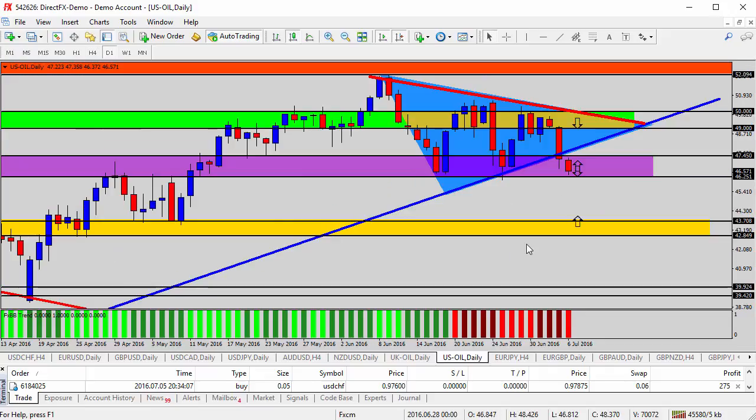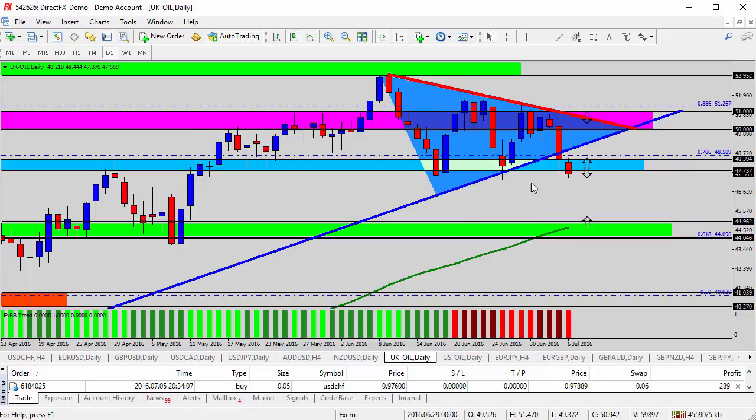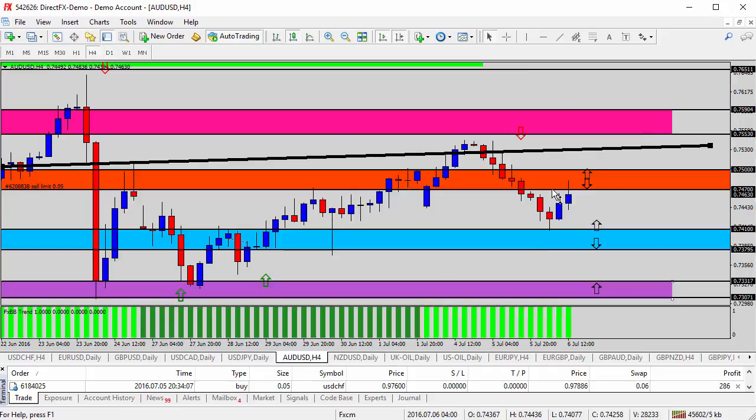Let's just take a quick peek at that. You can see here's the US oil chart. We're challenging the support. If it breaks this purple zone, we'll call it 46.25 or so, 46.30, we could be looking for much lower oil prices. Back over here to the UK oil chart, we're already seeing it push through 47.75. If it can sustain a hold underneath that blue zone, we'll look for a push much further back down towards 45 or so, or even into the 44s, which all of that would be a bonus for going short here